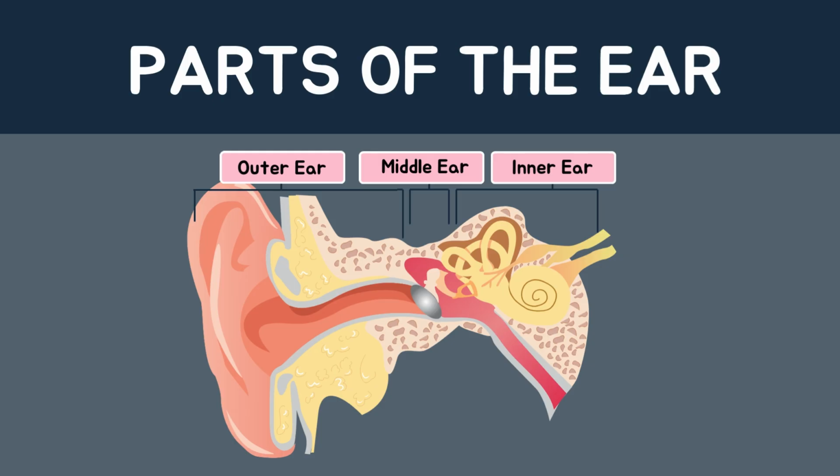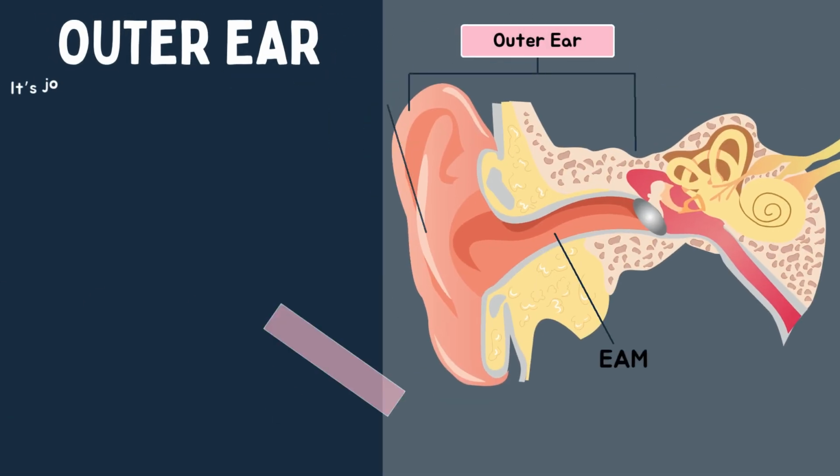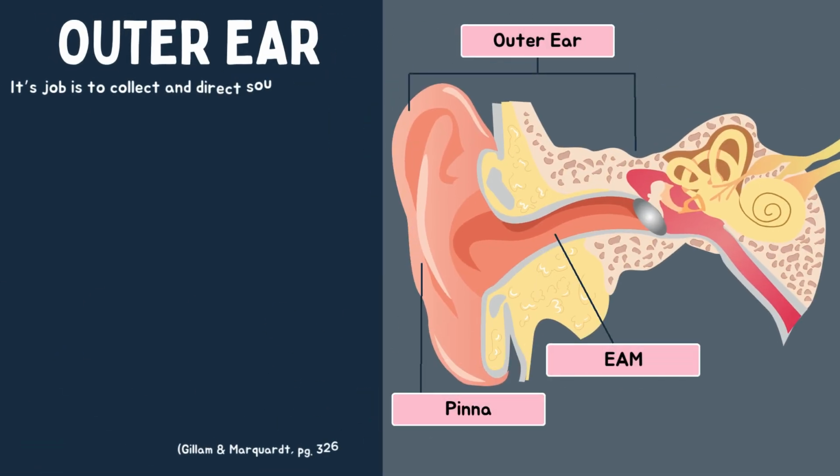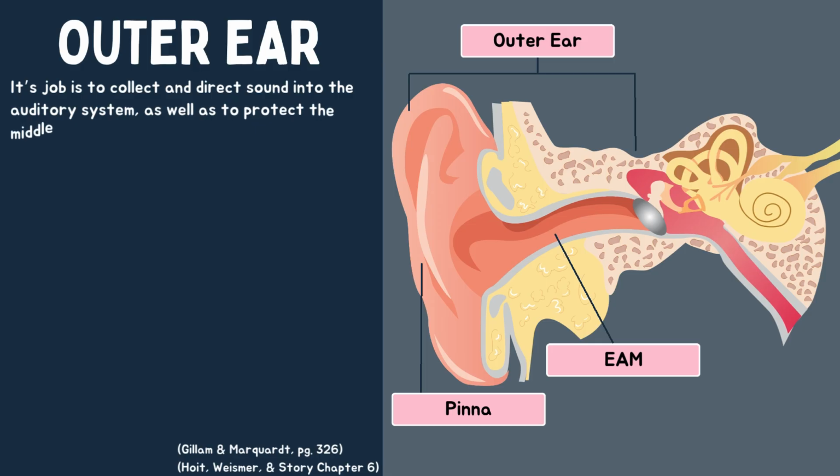The ear is divided up into three main sections: the outer ear, middle ear, and inner ear. And we'll start out by talking about the outer ear. The outer ear's job is to collect and direct sound into the auditory system, as well as to protect the